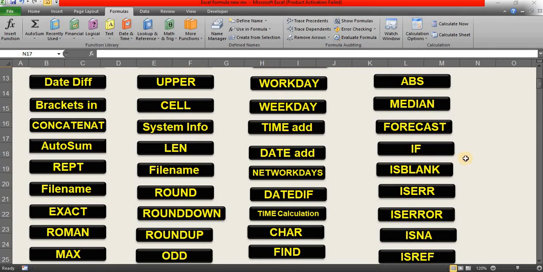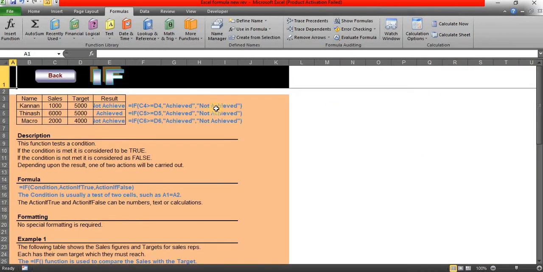The IF formula helps you to apply the IF logic. Let's see, equal sign IF. So in the range C4, I want to check if the value is greater than 1000 or greater than 2000 or less than 2000, something like that. So if the value is less than 2000, then I need the result. What is the value? If the value is true, what is the text you need?